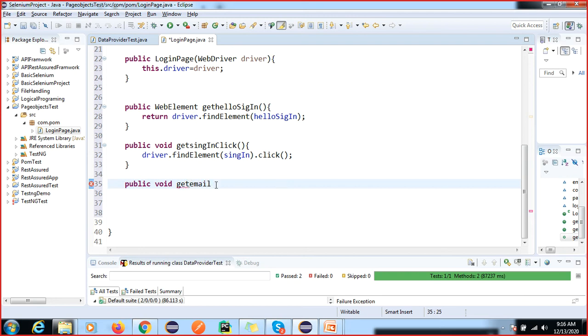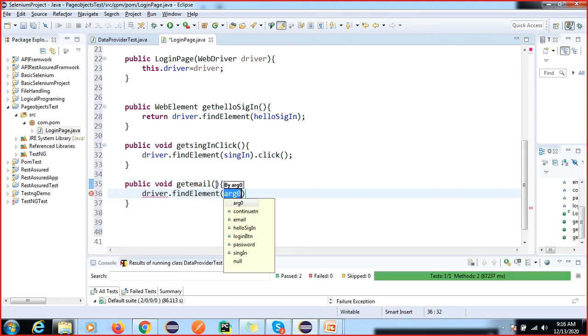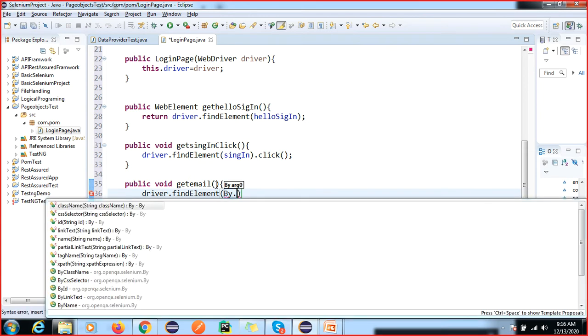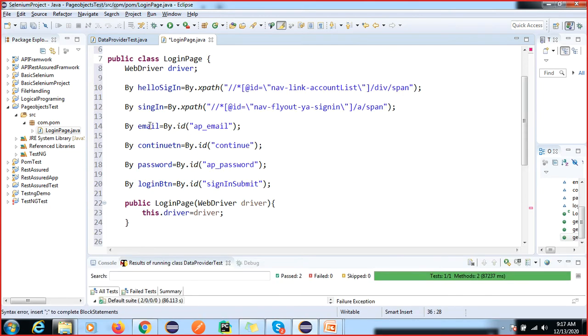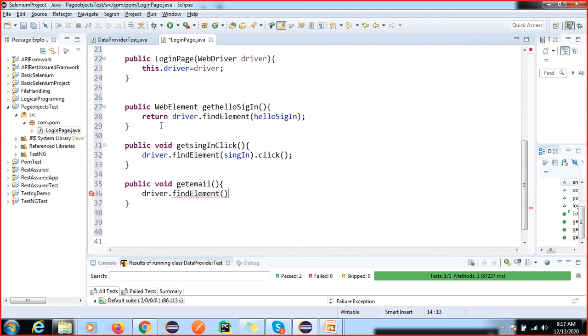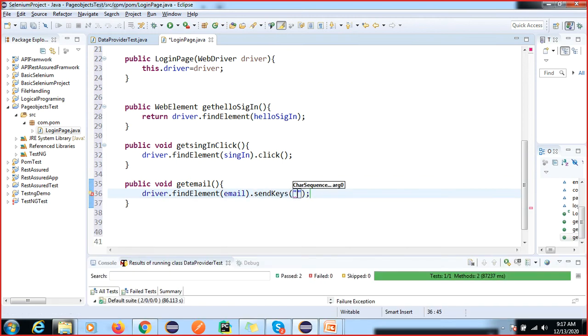Get email enter, or you can write only get email, no problem. Now driver dot find element by dot, sorry, what is this, the email, right? So we have to pass the email here and send keys. I'm going to pass this value.